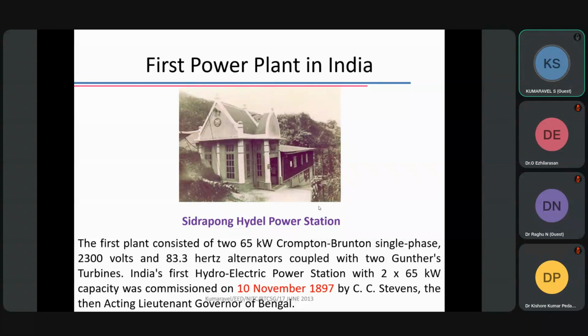And the waveform was a sine wave, that is, for single phase Vm sin omega t, and in three phase Vm sin omega t, Vm sin(omega t minus 120), Vm sin(omega t minus 240). The load could be either a star connected system or a delta connected system in the entire power system. That was the only structure they followed for almost a period of 100 years.